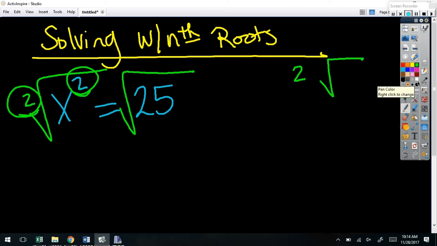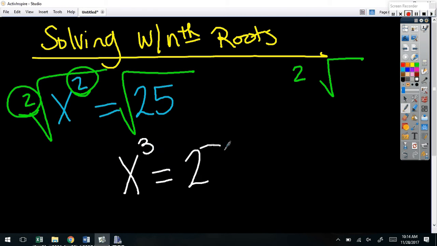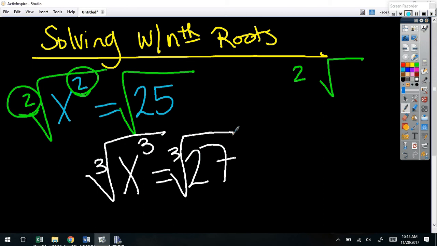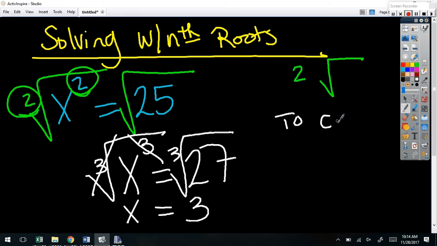What though if this were x to the third equals 27? You cube root it. You third root it. You put the 3 out here, and you do that root on both sides. So it's 3. Could it be 4 and so on? Do we need to write this? Yes, this is the lesson. It could. So whatever the exponent is, to cancel an exponent,